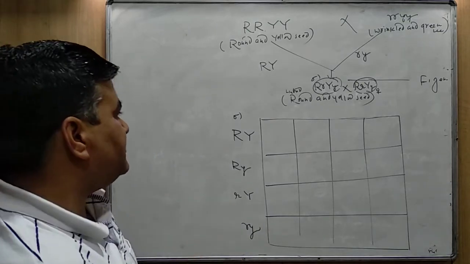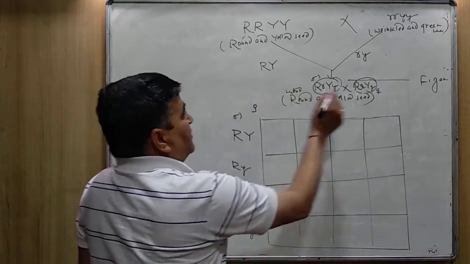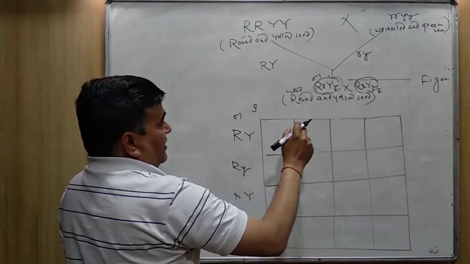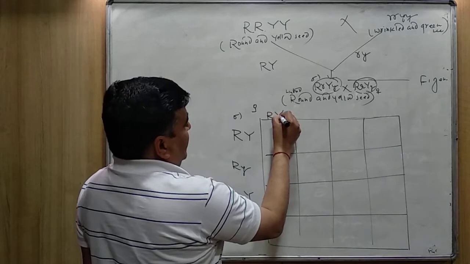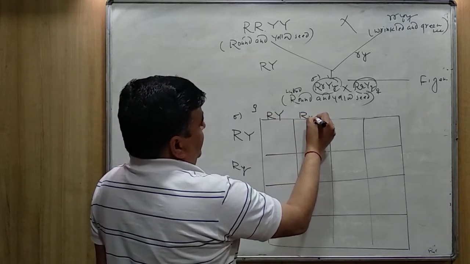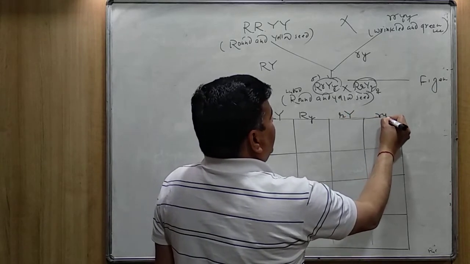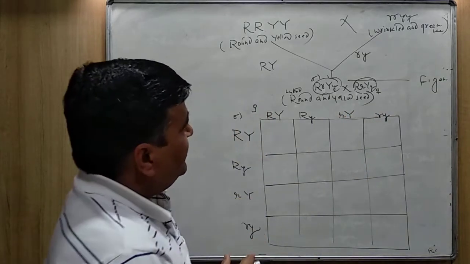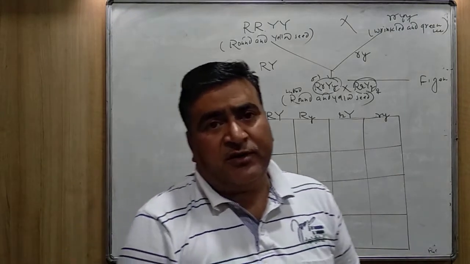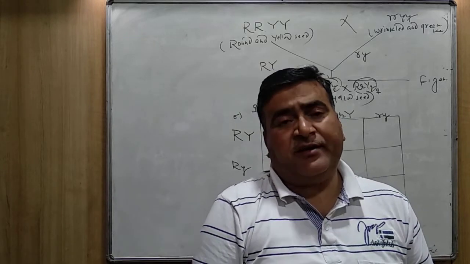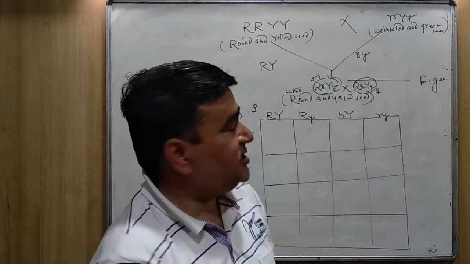Please see here. These 4 in the female also. Here, what kinds of egg will be produced? Capital R, capital Y; capital R, small y; small r, capital Y; small r, small y. How are the gametes of these 4 types going to be produced? Here, it is because of the law of independent assortment. You try to understand here.